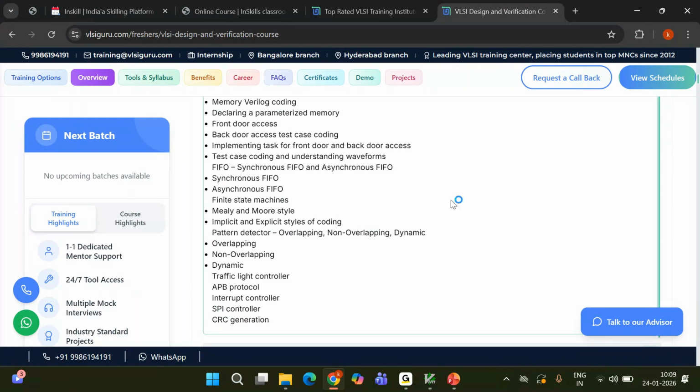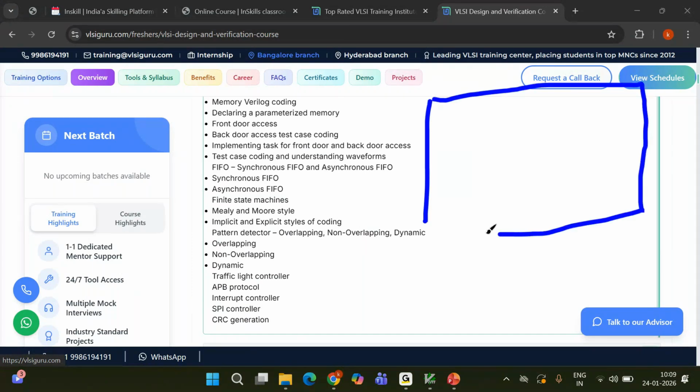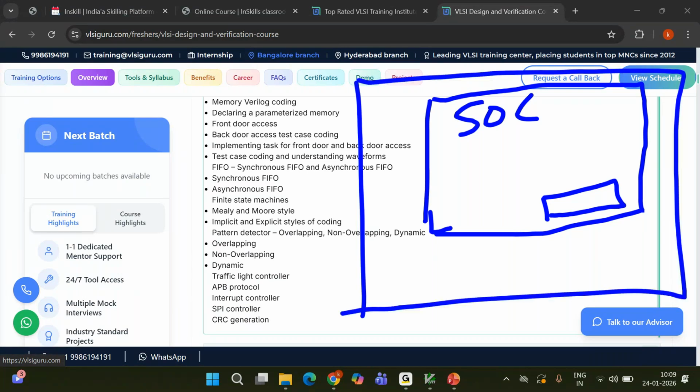What is meant by peripheral? Peripheral is nothing but, let's say you are having an SOC, and there is a component present outside the boundary of the chip. Nowadays even the laptop comes with a fingerprint sensor. Do you agree? Laptop has a fingerprint sensor here, let's say, for example. Now from the chip boundary to the laptop